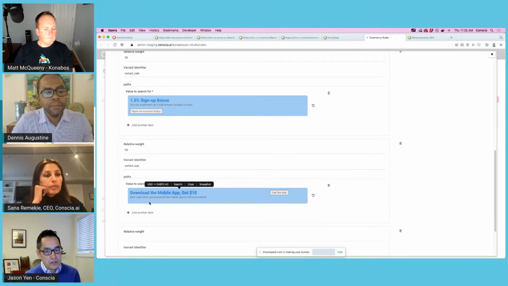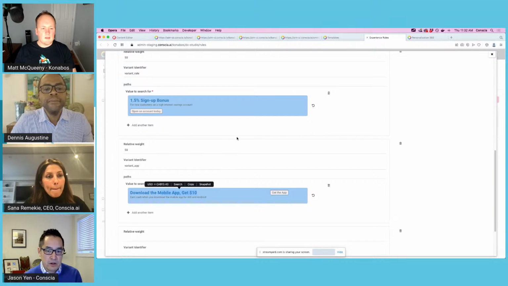And again, these records reside within Sitecore. We're not taking anything out of Sitecore and putting it to Conscia. We're simply just using the APIs for Sitecore to basically showcase this information. Now, as part of analytics, you obviously want to see whether the analytics are having an impact in terms of